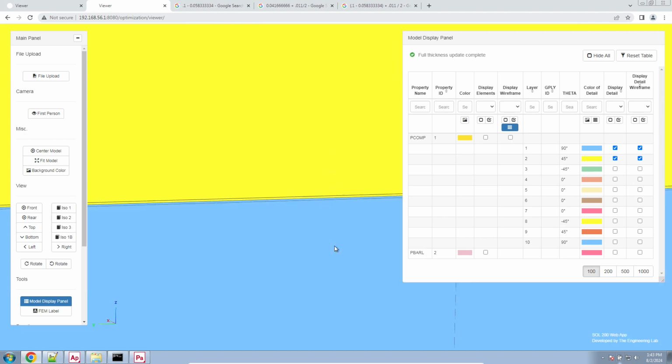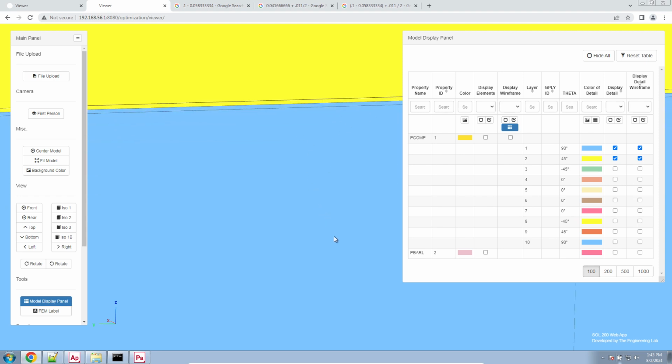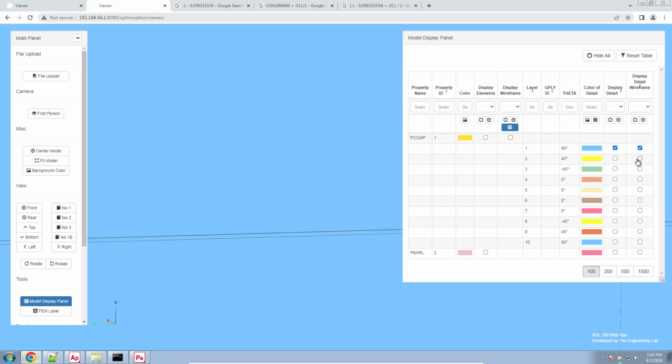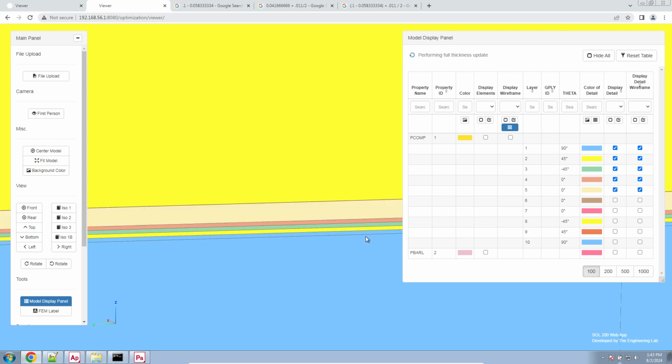Let me move this up a little. Let me keep zooming in. Let me translate this down a little. So this first layer, this was layer 1. This is layer 2. This is layer 3. Layer 4, layer 5. So you can use the viewer web app to look at the layers 1 through 10